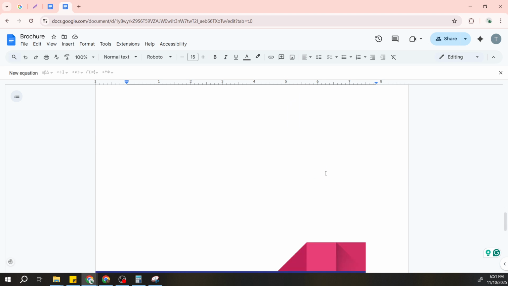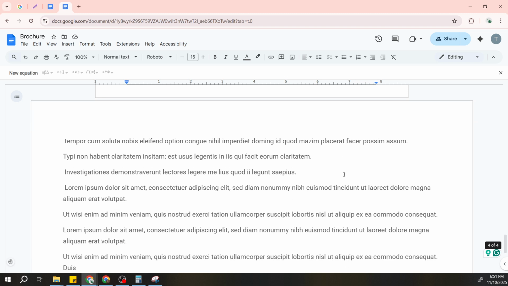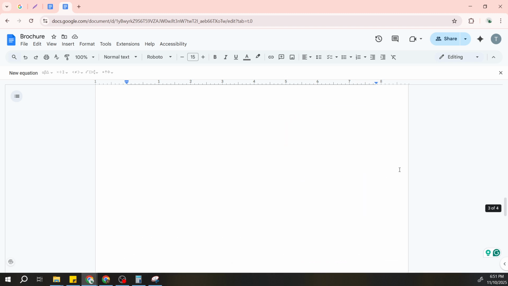Your last name is now neatly aligned in the top right corner of your Google Doc, adding a touch of professionalism and helping to keep your